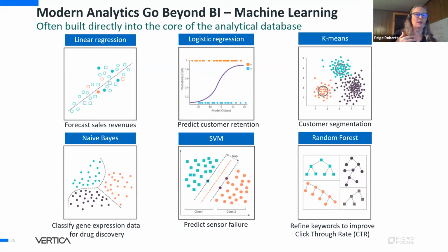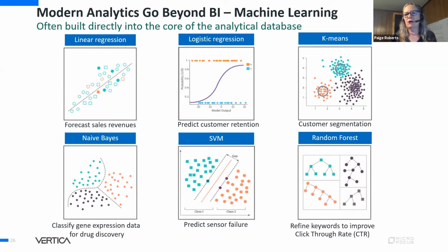Prevent churn, you can segment your customers so you can do targeted marketing, you can make decisions on what works better for click-through rates. You can predict failures before they happen. All of these things require machine learning, not just old school BI, not just the standard things that your visualization tools used to do, but now there's some more advanced visualization tools that can accomplish some greater things. Plus you have new tools like Jupyter and your other notebooks